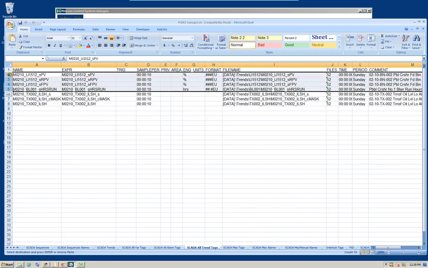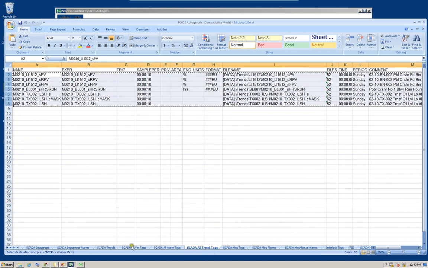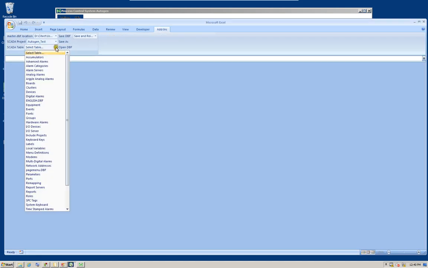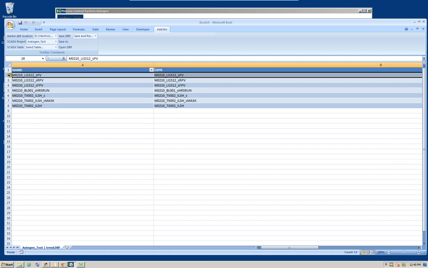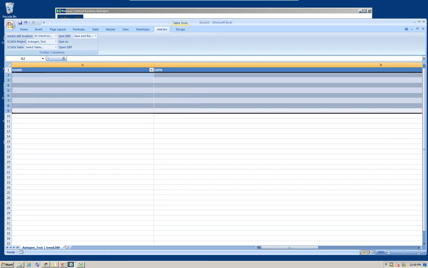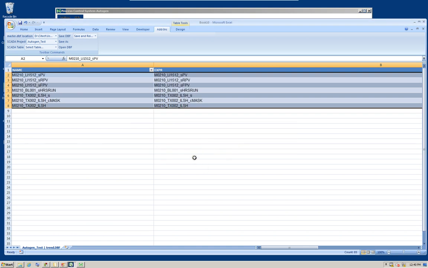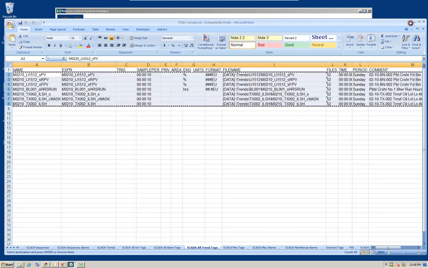So there are a few trends here related to the control system. Copy them and paste them by opening the trends database. If there is something in there, we need to clear it and paste our tags and then save the database and close it. So, and this is pretty much it.